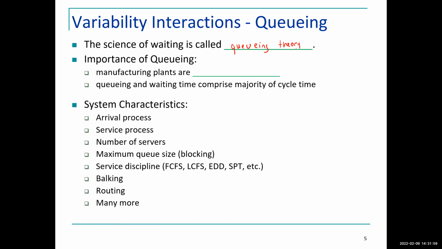So we can do just a class on queuing models. We can spend a semester talking about queuing models, queuing theory. By itself, there are books that are being written only on that. For the purpose of this class, we're going to be focusing on the impact of variability in manufacturing systems. So the importance of queuing: manufacturing plants are queuing networks. We can model them as queuing networks,